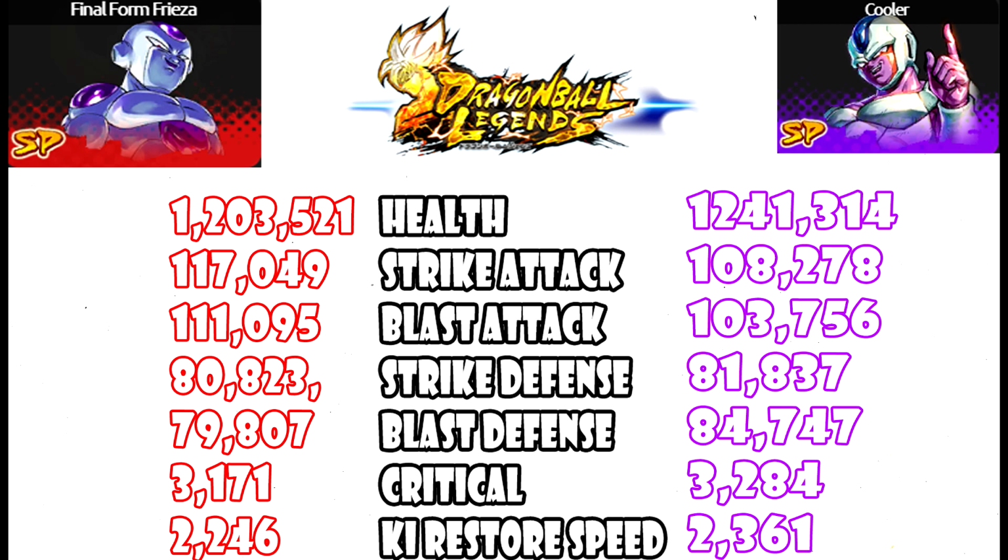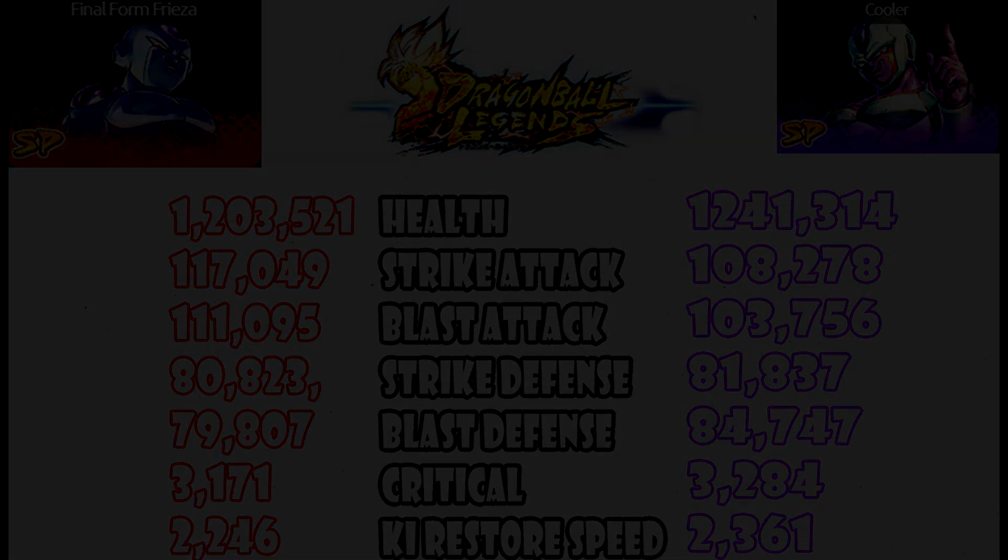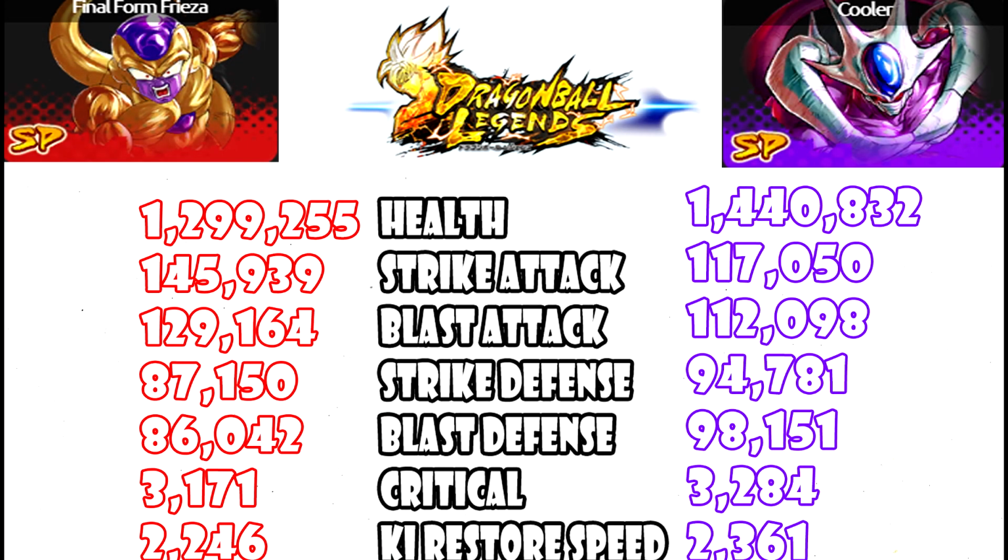103,756 blast, again lacking in comparison to Frieza. But then in the strike defense category, 81,837, which is more than Frieza, as well as the blast defense, which is significantly higher at 84,747. Now the critical is a little bit higher, 3,284, same with the ki restore speed at 2,361. But when you look at these characters post transformation, guys, this is where Frieza, in my opinion, really just